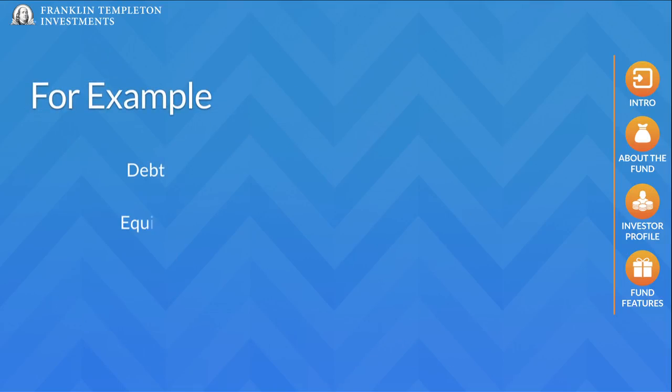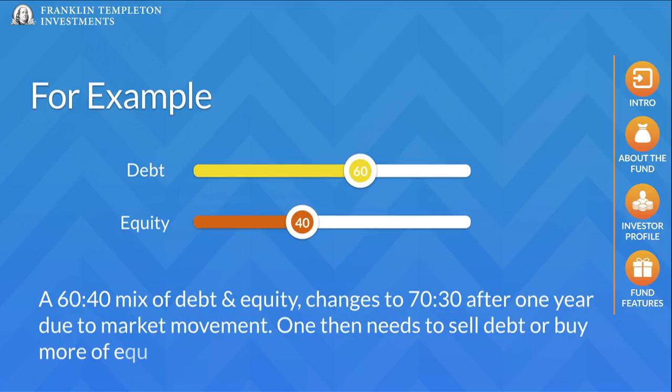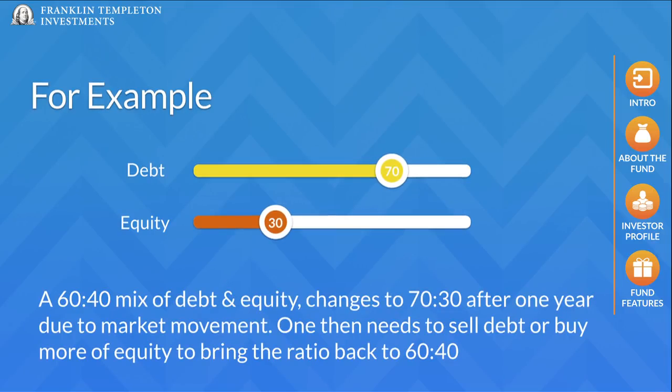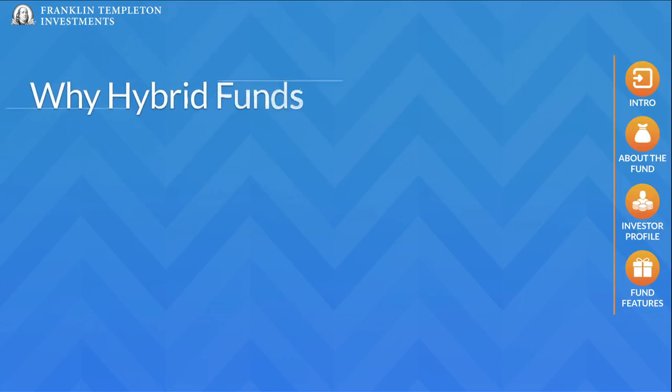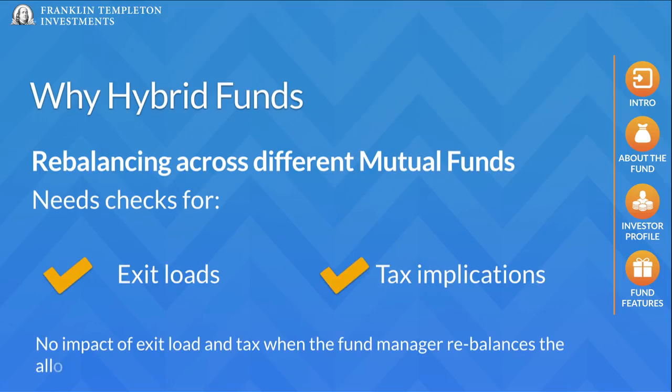For example, if the asset allocation was a 60-40 debt-equity mix and it changes to 70-30 after 1 year due to market movement, one needs to sell debt or buy more of equity to bring the ratio back to 60-40. This is called rebalancing. While rebalancing across individual mutual funds, it is also important to check for exit loads and tax implications in case of redemptions. However, in case of hybrid funds, there is no impact of exit load and tax when the fund manager rebalances